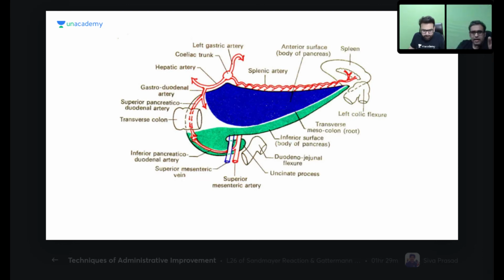Then you can see on the right side, the hepatic artery is going, the superior mesenteric vessels are going. So superior mesenteric vessels are anterior to the uncinate and posterior to the neck and body of the pancreas. Okay, and the splenic vein is again behind the body and tail of pancreas. Now that is all about the relations and its important clinical application. Now we'll quickly look at the vascular part. The vascular part is also very important. So if you look at the vascular part, then things will be easy.